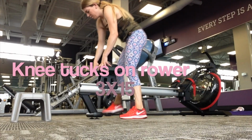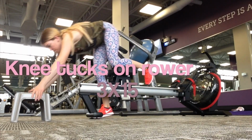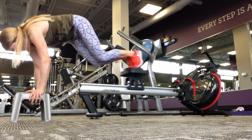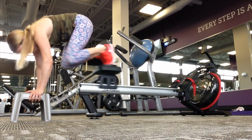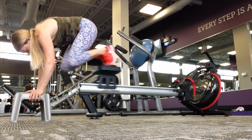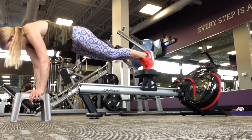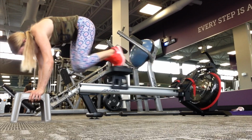Now, this last ab exercise is a bit more on the advanced side, and you want to make sure you have your safety parameters set up with it first, making sure your hand's on a nice stable source. I used a stool that I found at my gym. You can set up risers if you want, or grab a bench and bring it over. Making sure that you're nice and sturdy all the way from your wrists up into your shoulders, and then dragging